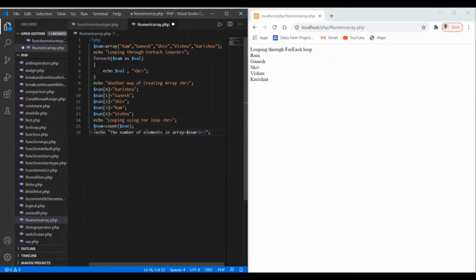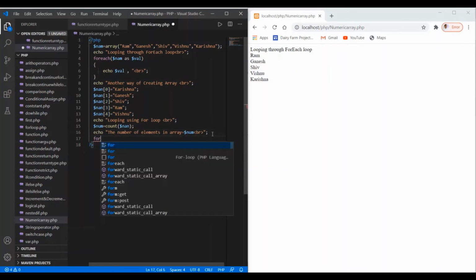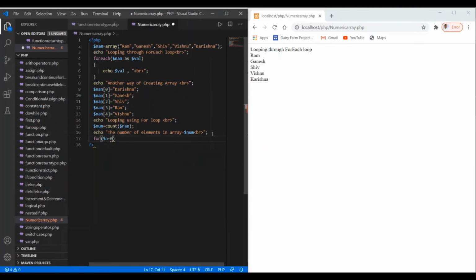Oh, we have made a mistake, this has to be used within the script of PHP. So this is here, and here I'm going to use a for loop. We write for, and we know that we have to pass 3 parameters to the for loop. The first is the initialization, so I'm declaring a variable and initializing it to 0.